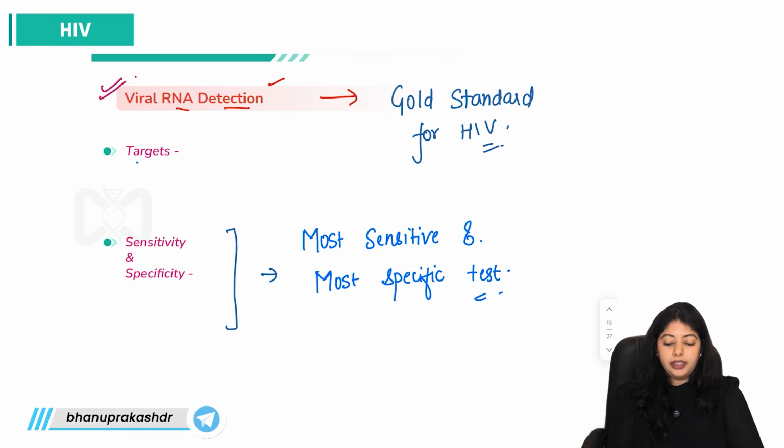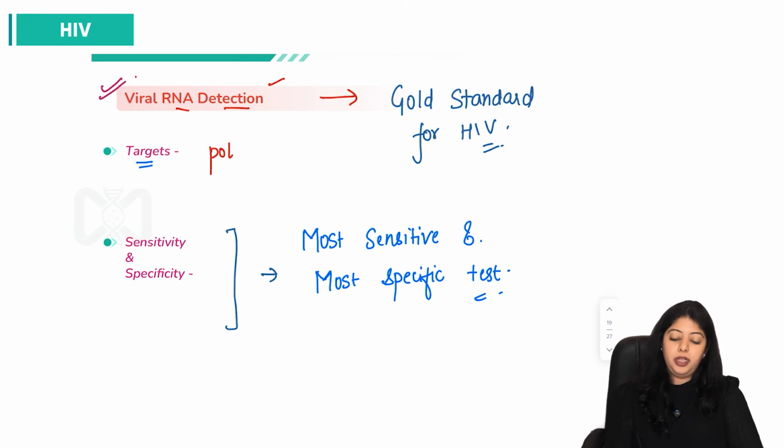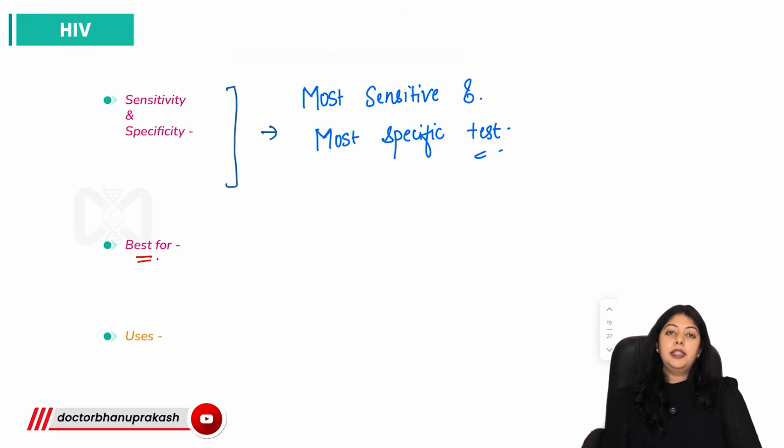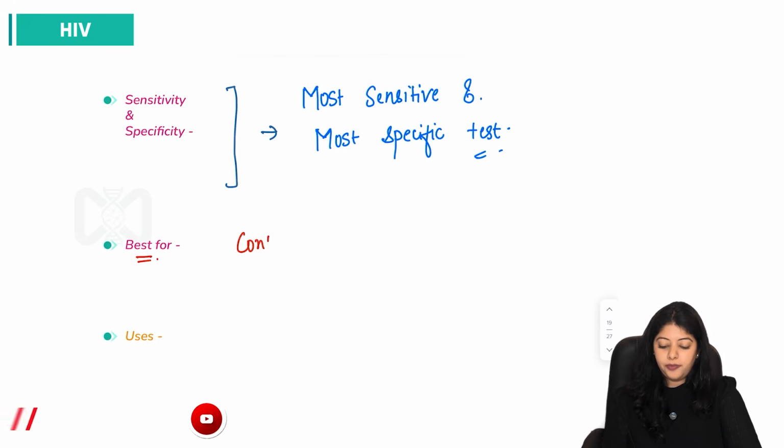So what are the targets? It is targeting two genes, that is Pol and Env, the important structural genes. So firstly, it is best for confirmation of HIV,